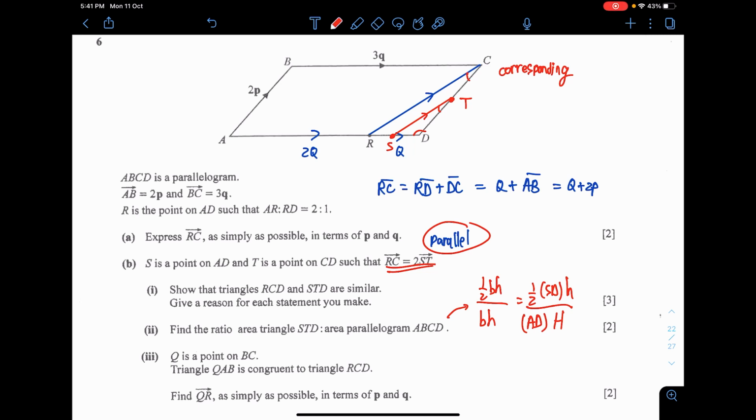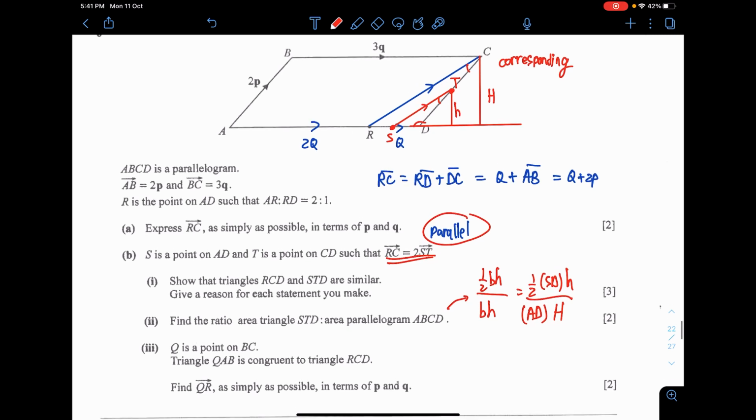So now take a look. I'm going to update the picture a little bit. I'm going to put a line over here, and then I drop it down here, and down there. These are the two heights basically. The height of the parallelogram is outside the parallelogram itself. This is the capital H. Let me move the T here. The height of the triangle STD is this h, the smaller one. Between the small and the big one, the small one is 1 unit and the big one is 2 units, because it's part of the two triangles that I just made. This is 2 right angle triangles here, you see.